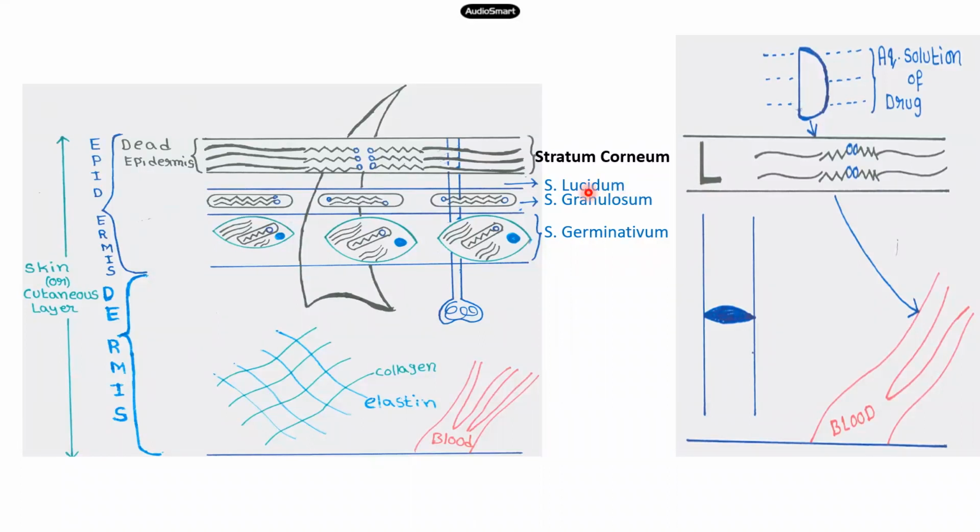Next, the first layer is called the stratum germinativum. The name itself indicates germination, where the birth of keratinocytes takes place. Cyte means cell. There is cytoplasm containing an abundant amount of keratin fibers, and a few lipid granules also. After birth there must be death also. This is a well-known truth. So once the cell has taken birth, next there is a death, which is called the mitotic journey.